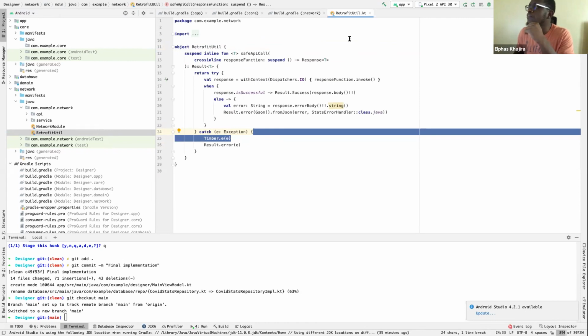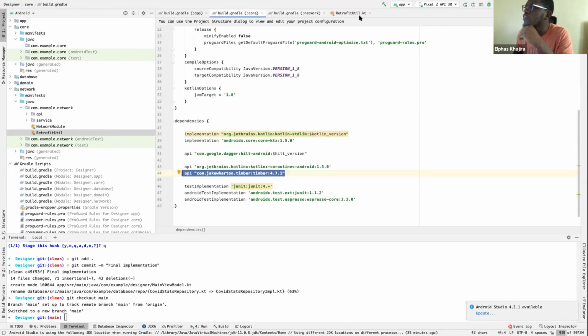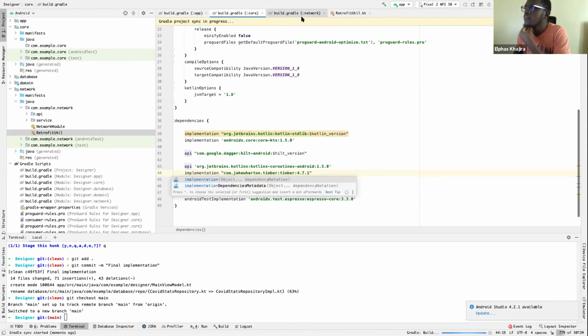On the other hand, if I was to change that into an implementation, so let's see, that was in the core module. If I was to change that into an implementation, and just sync it.